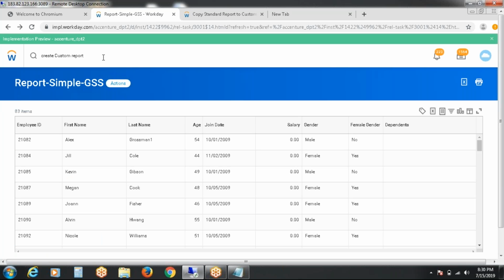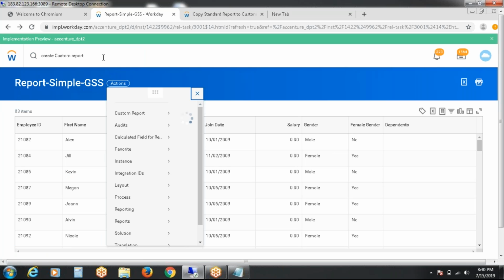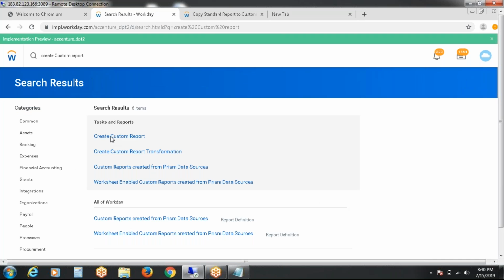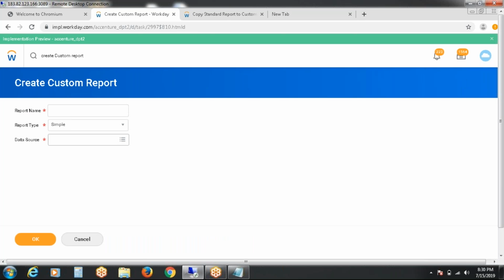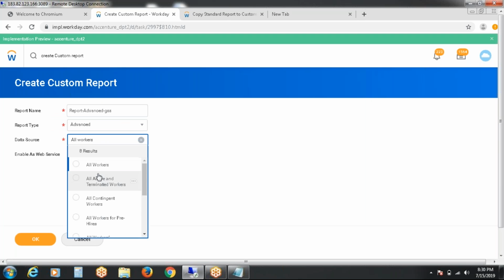Now I will create one more report called advanced report. So here all workers, or you can take active or contingent or anything.